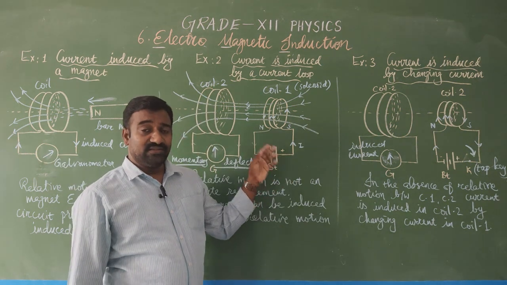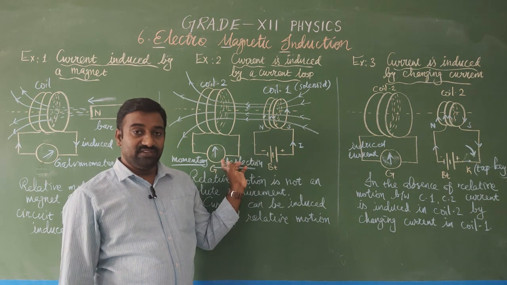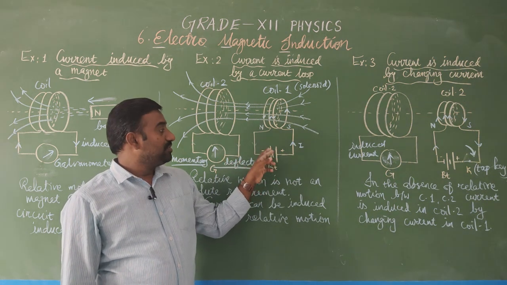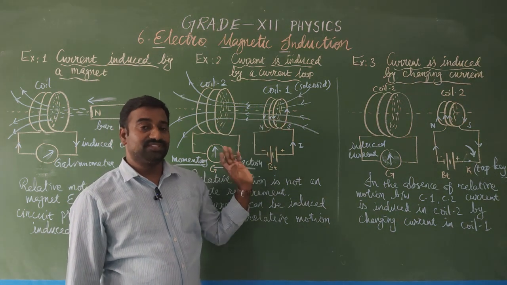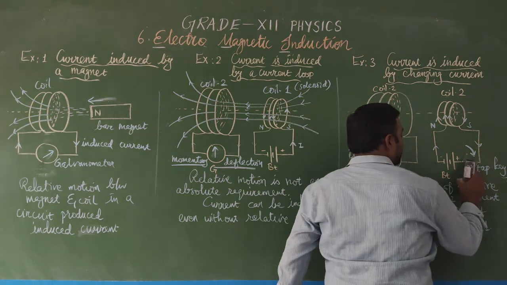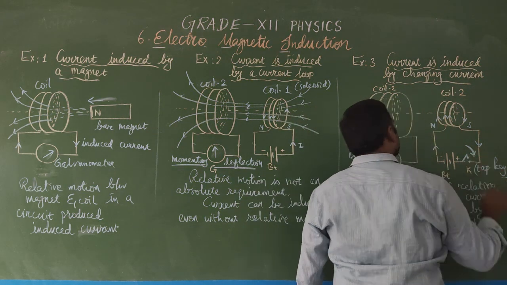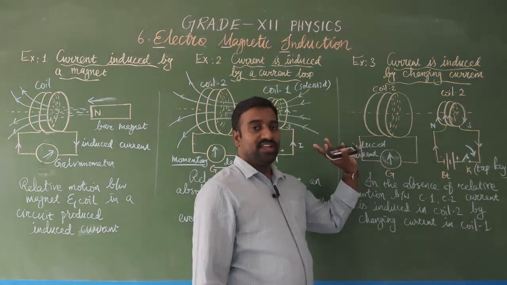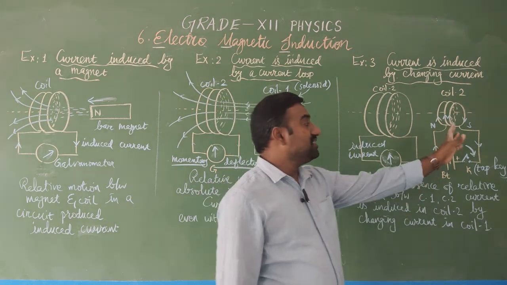But in the second case, we induce the current, but that is for a fraction of a second alone. That is a momentary deflection due to the north pole of an electromagnet that acts from the first coil. In the second coil, when the tap key is continuously pressed, then we can change the polarity, then the current is induced. But we didn't move anything here.